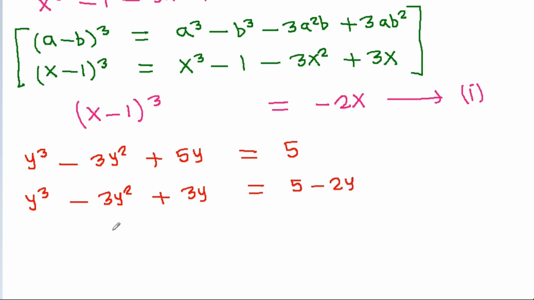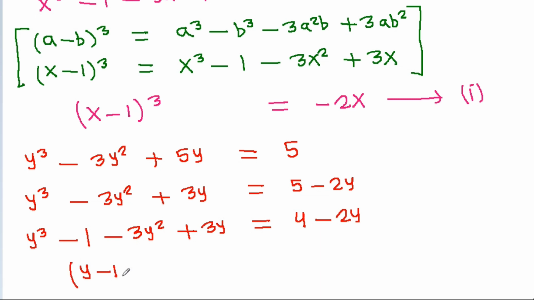and if we subtract 1, then y cube minus 1 minus 3y square plus 3y will be equal to 5 minus 1 is 4 minus 2y, and this is y minus 1 whole cube, that is equal to 4 minus 2y. Suppose this is equation 2,